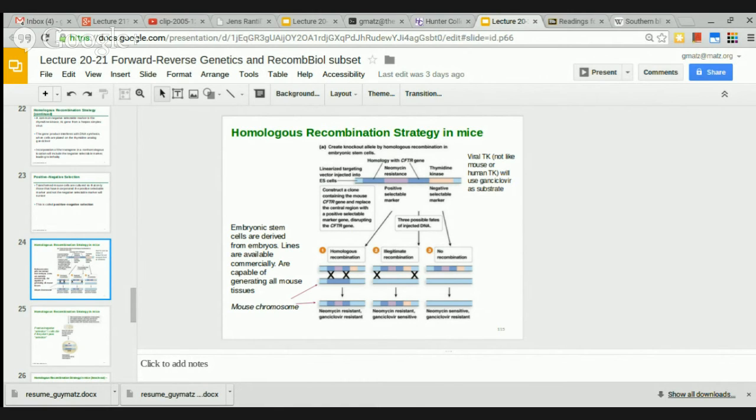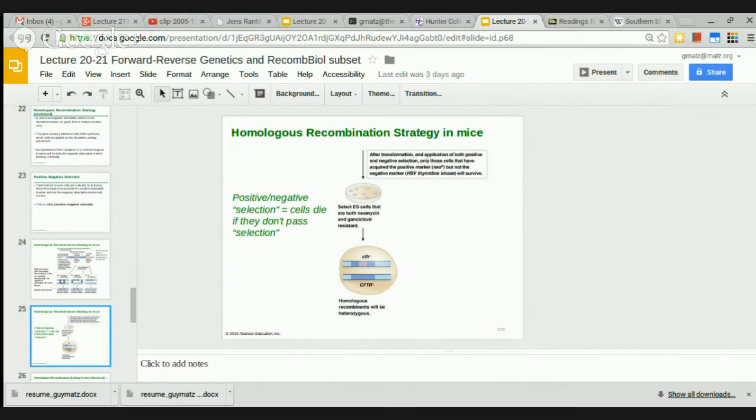And we always have to check it. We do all kinds of checks after doing that, because this selection is really great but not perfect. You always have to make sure that you are sitting right in this site. And I won't get into it, but you can use PCR to convince yourself of that. But at any rate, we can get homologous recombination